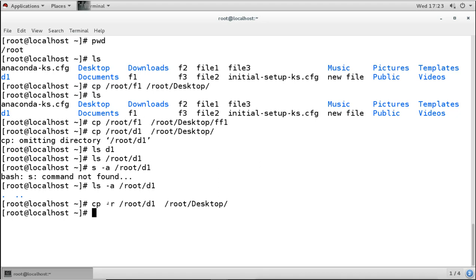Then we can also add one more option, that is called F. F will always be for forceful. Here with the cp command it is for forceful. So if some files are in use, it may give an error, because sometimes the files are in use. So what we can do is forcefully copy the files or directory. So we can use cp -r with f. So rf will copy the files or directory recursively and forcefully. So this is copying. Very simple, we copy files and directories. For directories only we need the extra option R here.